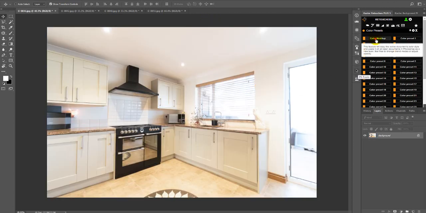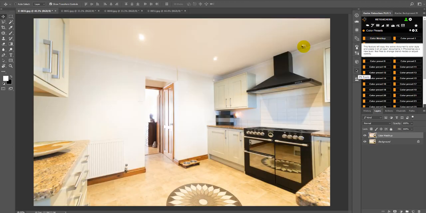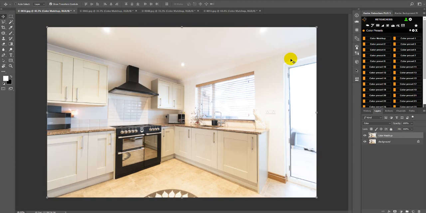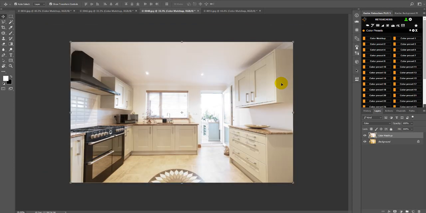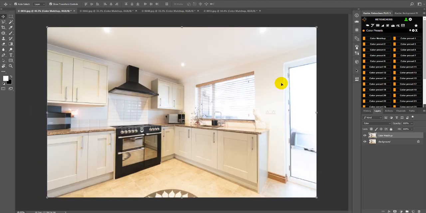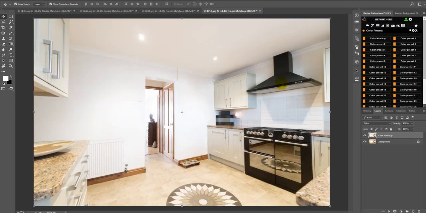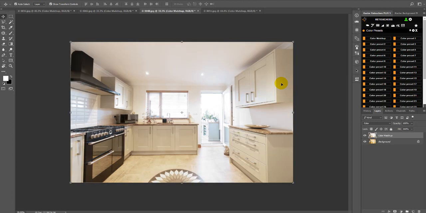So now color matchup, and it's going to apply the same color style to all of the images, and let's see how it looks. There's the one, there's the other, there's that one. As you can see, they look very close to each other. That helps you when you have different angles but the same room. So I think this will save you